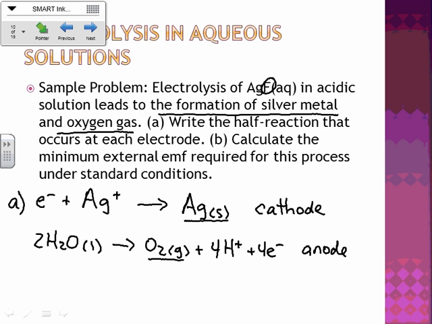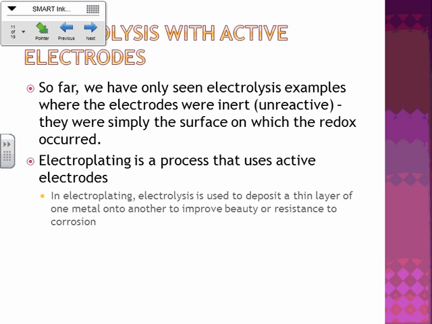Okay. All right. So far we've only seen electrolysis where the electrodes were inert or unreactive. They were simply on the surface. I'm just going to mention this. We're not really going to do any problems associated with this because, again, we've got to get to the last part. The electrolysis stoichiometry is the part that you probably will see at some point on the AP exam. Okay. So electroplating, you use active electrodes, and all that means is